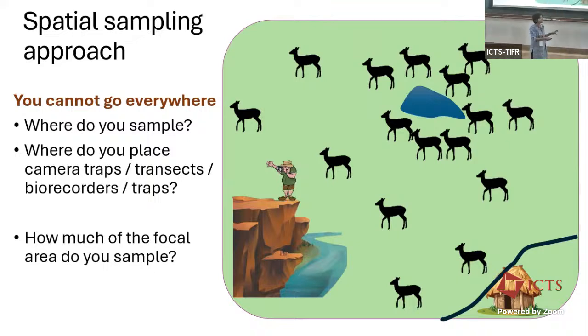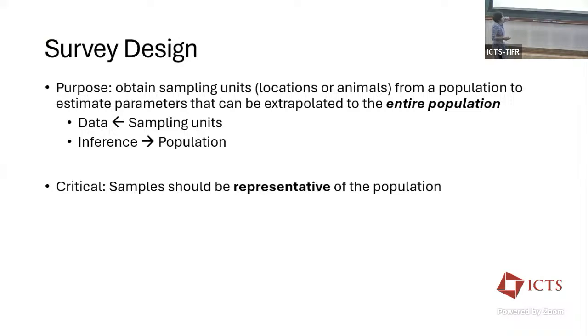Where do you sample? Even if you're putting quadrants, you have to go to some location, right? Your transects, like the frog transects. Where do you put those transects? So how you choose your sampling units, in entirety, is what is basically covered in survey design or